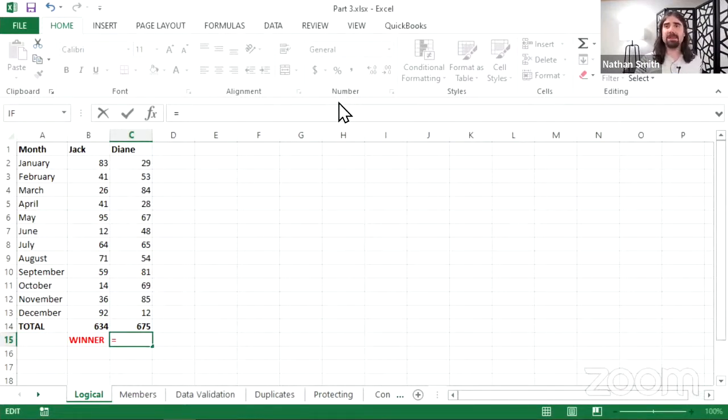So okay, up at the top here in our formula bar, I've hit the equal sign to tell Excel to expect a formula because, just a reminder from yesterday, anytime you have a formula, it's got to start with an equal sign. Anytime you have something else that you don't want to be treated as a formula, for goodness sake, don't start it with an equal sign. So we got our equal sign there, and then